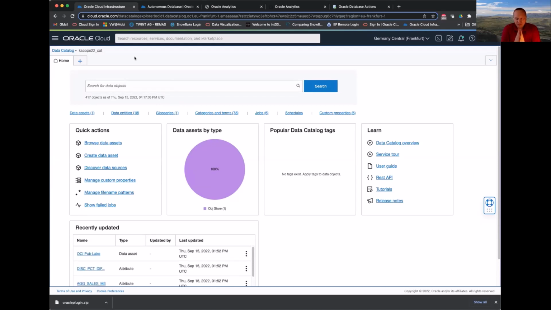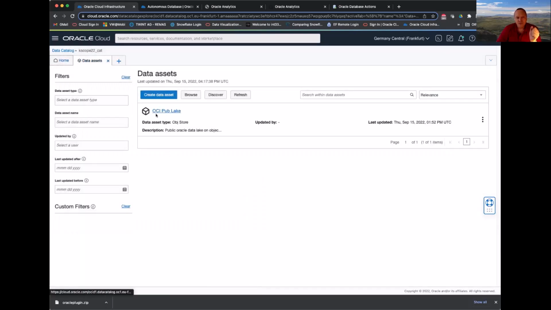So the data catalog has basically, in my eyes, two or three purposes. One, it harvests metadata from sources to provide it to others, right? Two, of course, it provides it to others that then should do stuff with it, as we will see. And three, you can enrich the data by means of a business glossary. Okay, so what we see here is we have data assets. In our case, we have an OCI public data lake, because this movie stream buckets that Matthew also took the data from are publicly available for all of us. And when we click onto that,